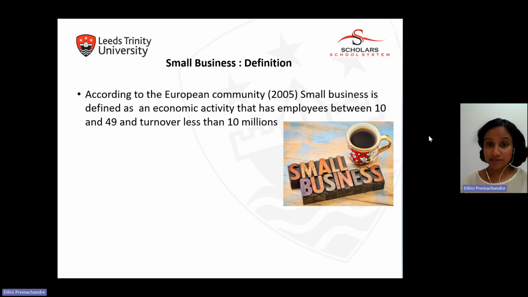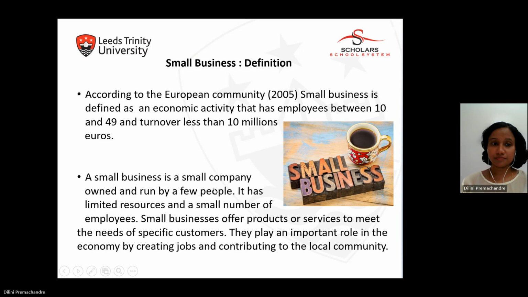We identify small businesses in terms of the number of employees who are working in the business, and also in relation to the turnover that they generate. For a small business, the number of employees should be between 10 to 49, and the turnover should be less than 10 million euros. So therefore, a small business can be identified as a business that is with few people, and turnover is